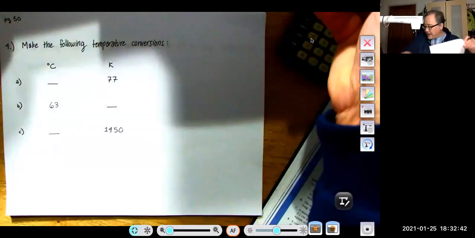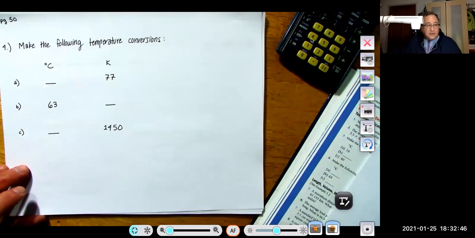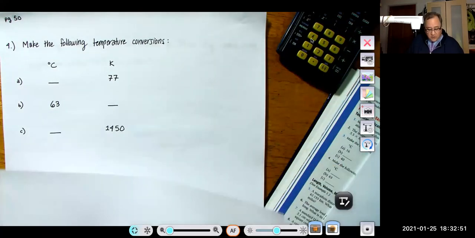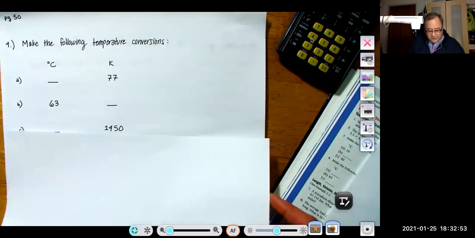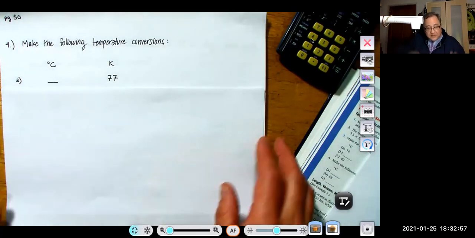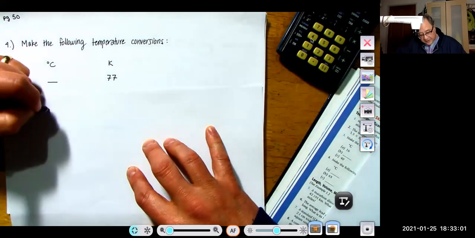So let's take a look now at problem number 4 on page 50, where we're going to make the following temperature conversions. So let me help you with A. A is going to be a little bit different. So we have K is equal to degrees Celsius plus